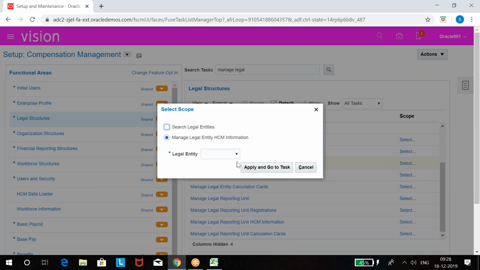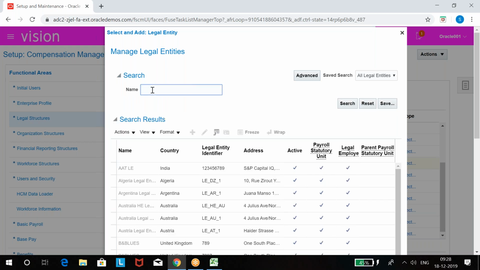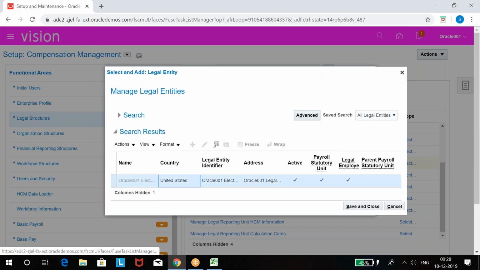Click on this task name. Select your entity, select an ad, apply and go to task. Here you need to find your entity name. What is our entity name? Oracle 001 Electronic Limited Company, right? Save and close.